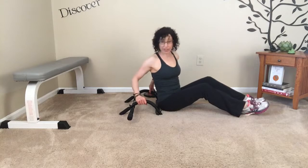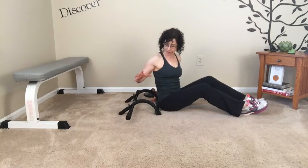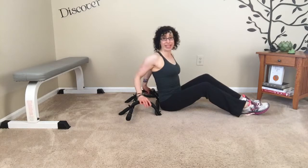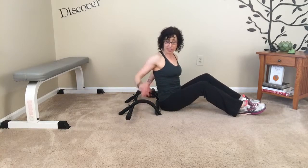So this piece of equipment, I don't even know what to call it. Because truly it could be a pull-up bar depending on how you use it and place it and flip it. But it also can be used as a tricep dip. Now the negatives on this is that it dictates the placement of your hands as far as the width of